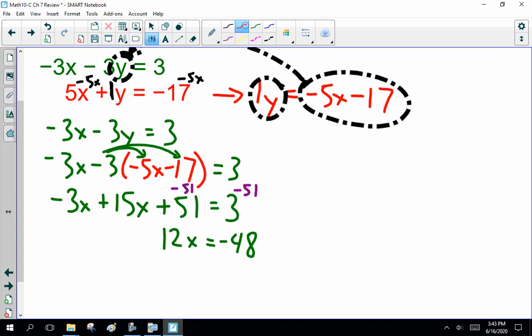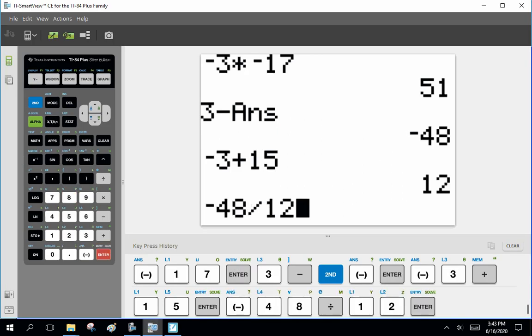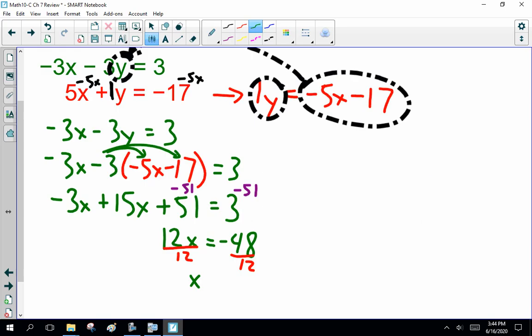Now, 12x is minus 48. How do you get rid of times 12? Divide both sides by 12. So, what is 48 divided by 12? I don't know, but negative 48 divided by 12 is minus 4. So x is minus 4. That's half my answer. Now, I've got to go back and plug that into one of the original equations,